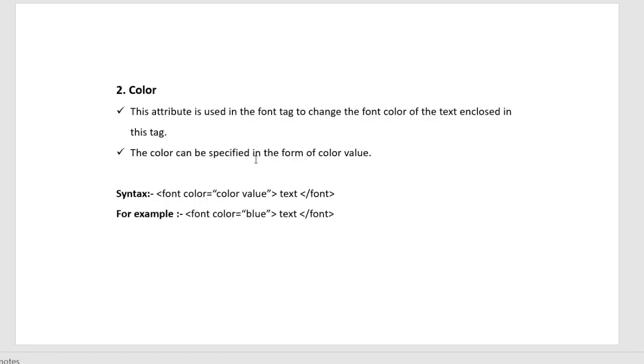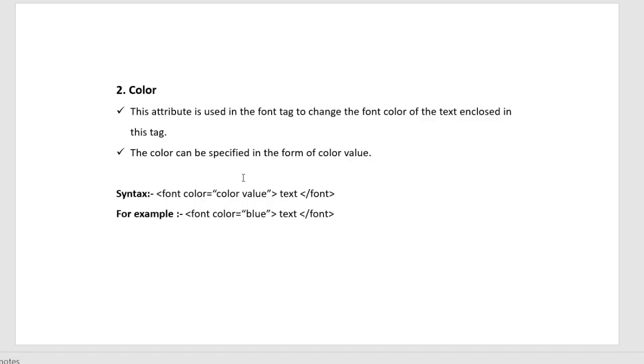You can add the color name also, and you can also write the code of your color. In the last class we had already discussed the color code. Hexadecimal codes are there, so you can write the color code, or otherwise you can write the color name here. For example, font color is equal to color value.